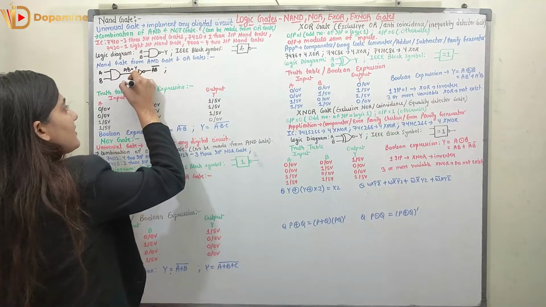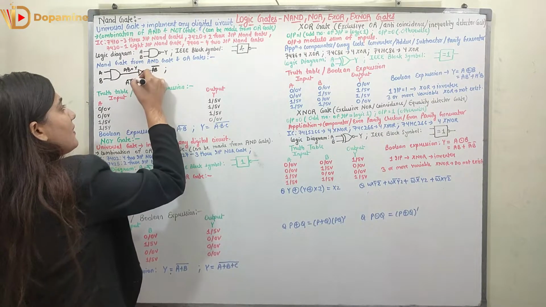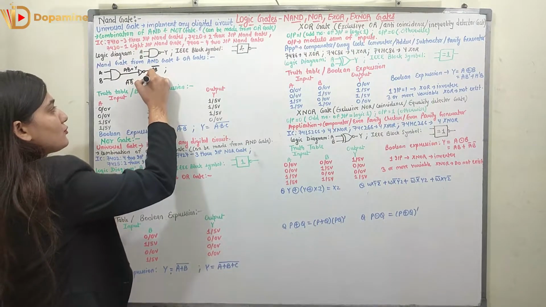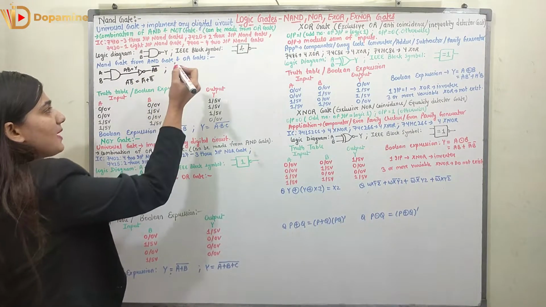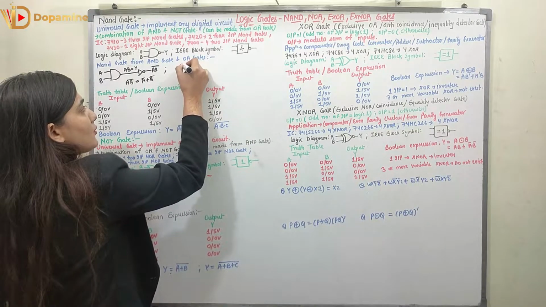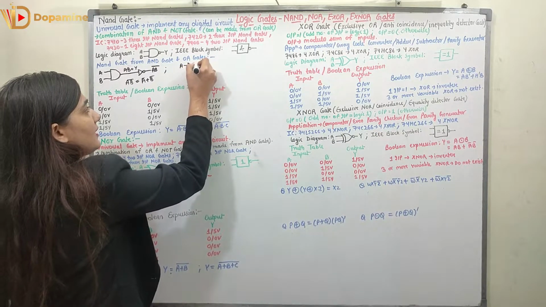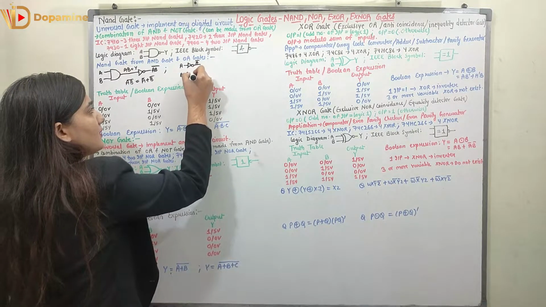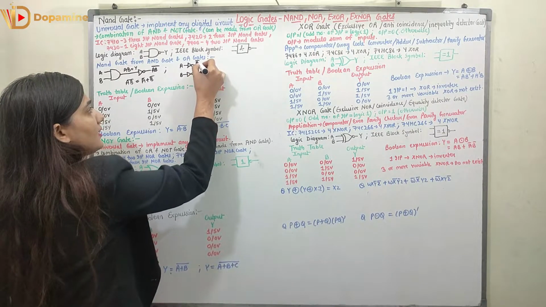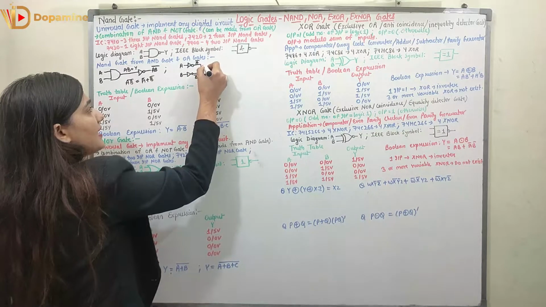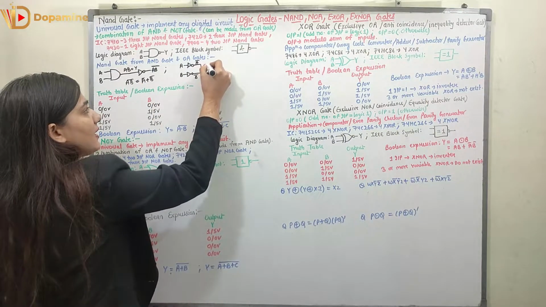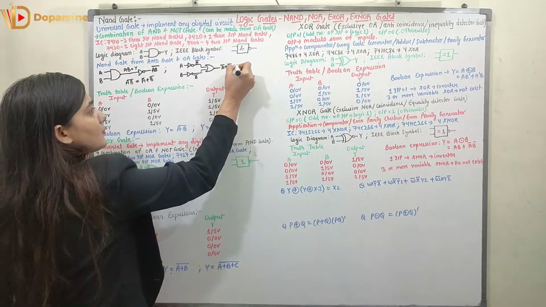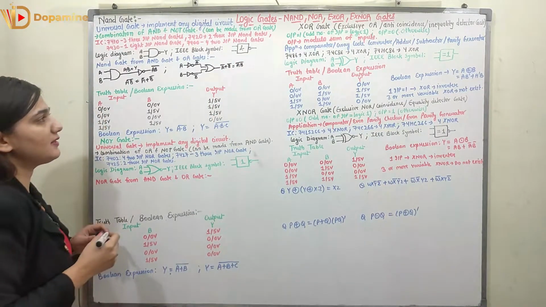So now here let's suppose we have the output AB bar. Now I have to make it using the OR gate. So what I am going to do, I am going to use the De Morgan's law, and it can be represented as A bar plus B bar, right? So I am going to take A, I am going to take an inverter, right? Here I will get A bar. I am going to take B, I am going to take an inverter, here I am going to get B bar, right? So here I will be having the addition of A bar and B bar with the help of OR gate, right? So here we will be having A bar plus B bar, which is equal to AB whole bar with the help of the De Morgan's law.